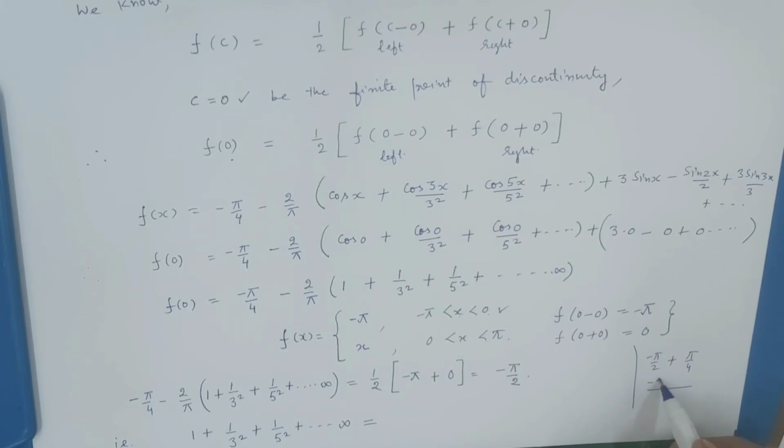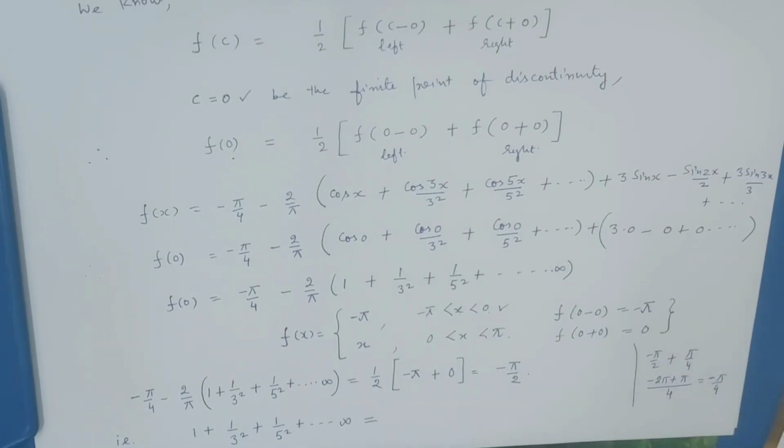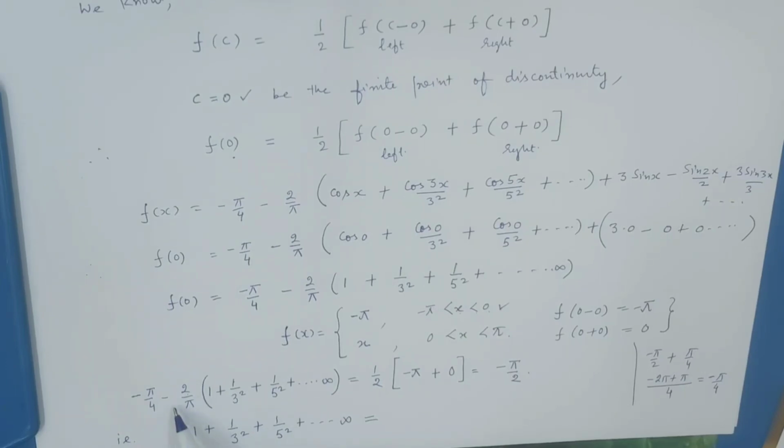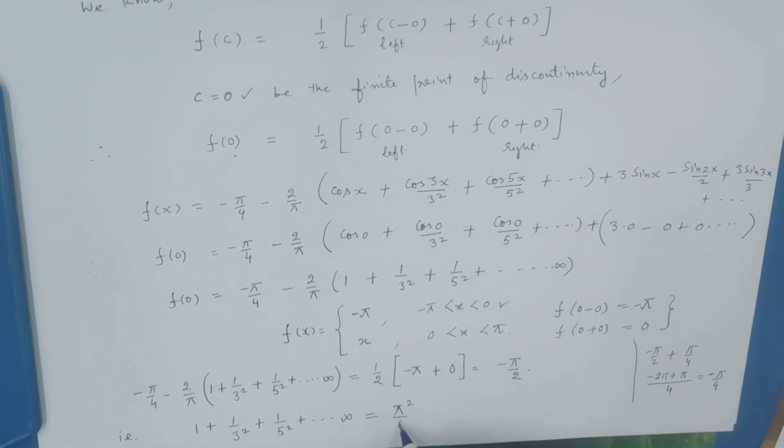LCM is 4, minus 2 pi plus 1 pi, that is minus 1π/4 मिलेगा। अब 2/पाई फिर से ऑलरेडी हमारे पास माइनस है, माइनस माइनस इसको प्लस कर लेगा, तो ये क्या बनेगा, π²/8